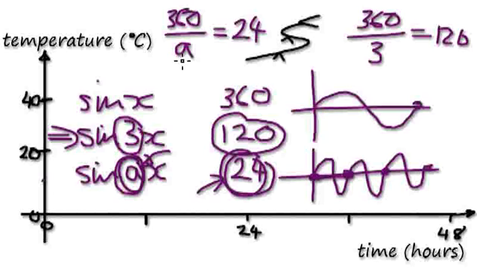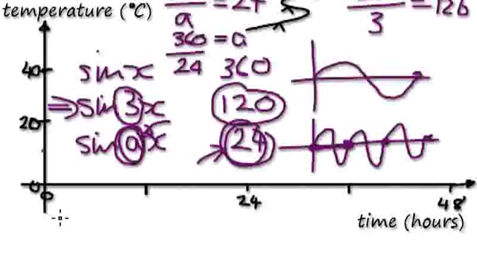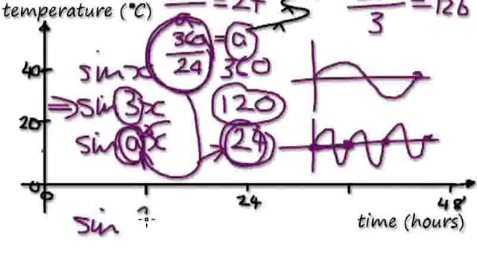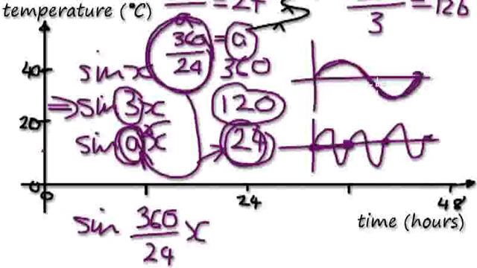Okay, so now it's just a matter of finding out a. So times both sides by a, and then divide both sides by 24. So a will be 360 over 24. Okay, so times a and then divided by 24, and that will give us this thing here, because this here is a. So when you put this into here, if you get a graph plot and do sine 360 over 24 x here, then it would give us a period of